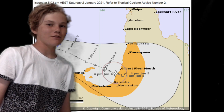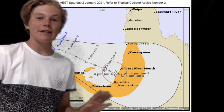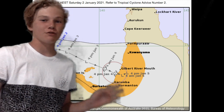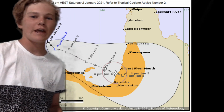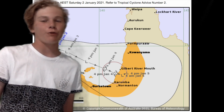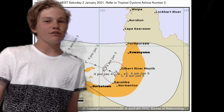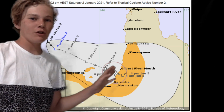It's only been a few days of 2021 and already we're getting signs that the tropical activity this year is going to be increasing, with Tropical Low 1 being designated in the Gulf of Carpentaria, north of Australia. Although it's not going to be a powerful storm, it could be a rainfall threat to the Queensland region of Australia. And as you can see here with the Bureau of Meteorology advisory for Tropical Low 1, we are